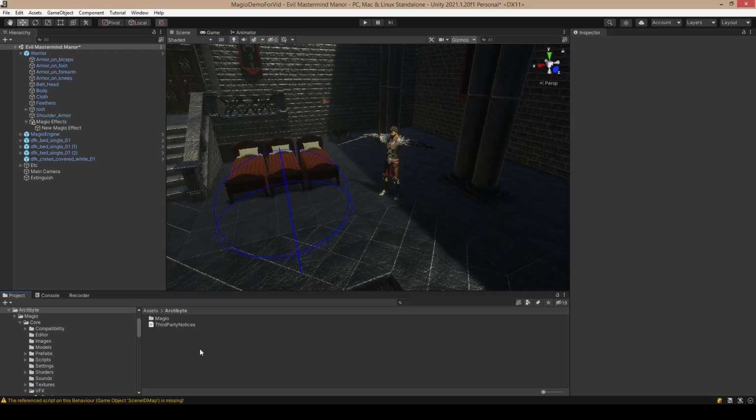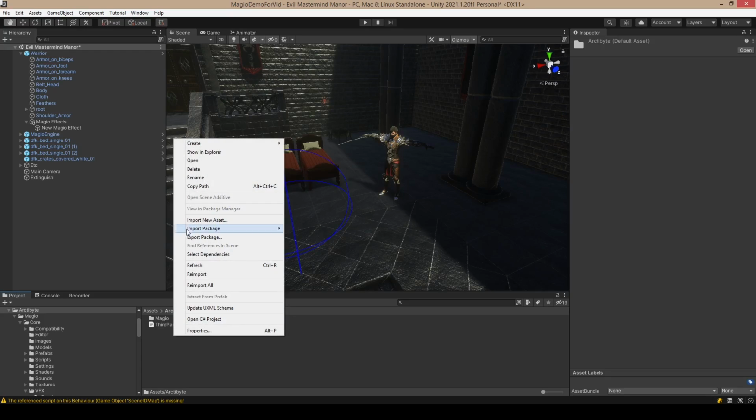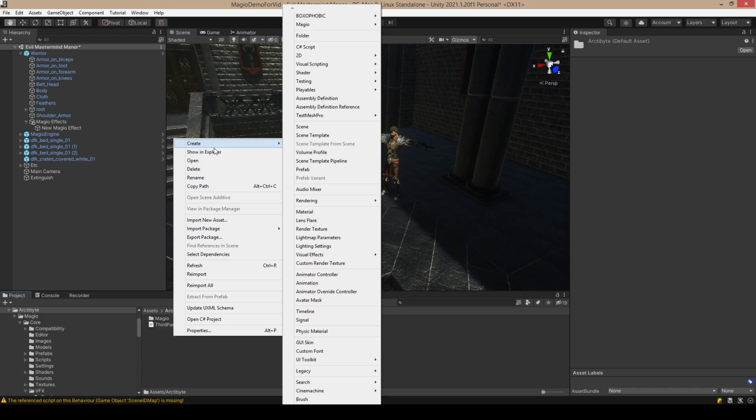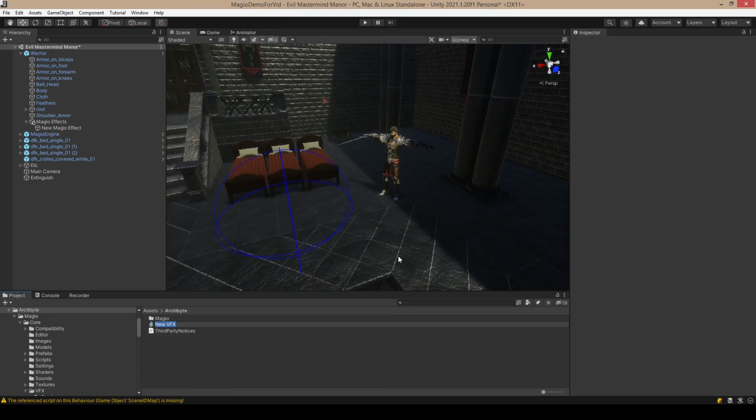Hello everyone, in this tutorial we are gonna go through how to convert your existing VFX to Magio VFX. So for the sake of the tutorial we are gonna do a new visual effects graph,